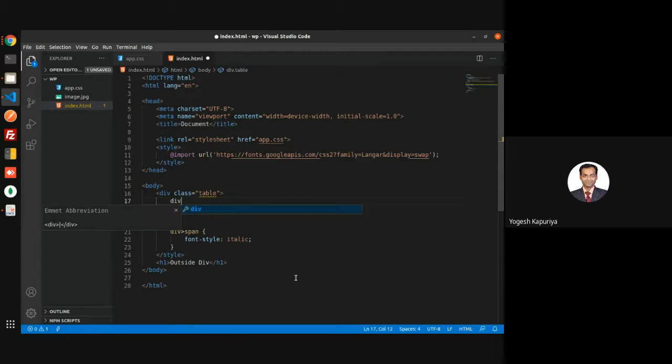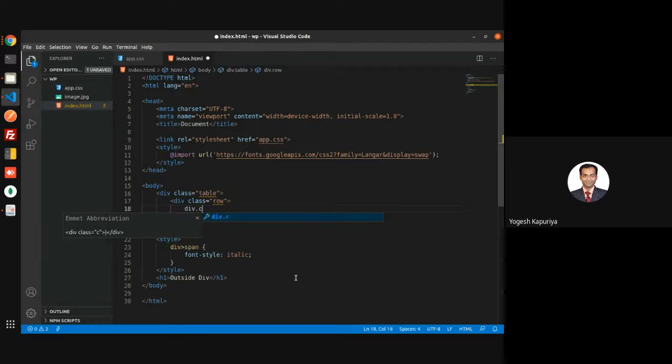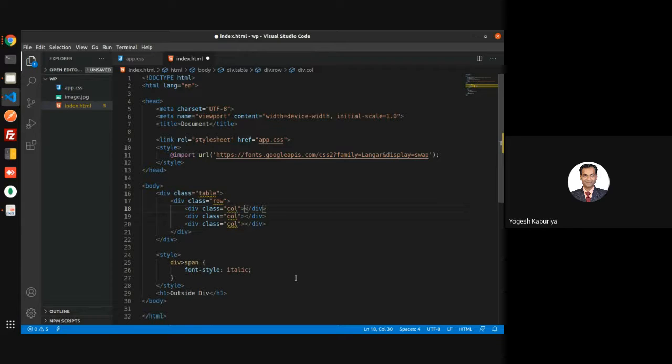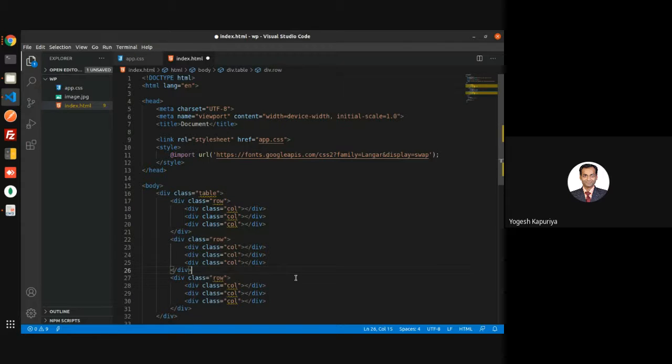I require one div for containing the table, then some kind of a row, and within that row I want some columns. So I will say column. Then there are multiple rows. Okay, so this is header 1.